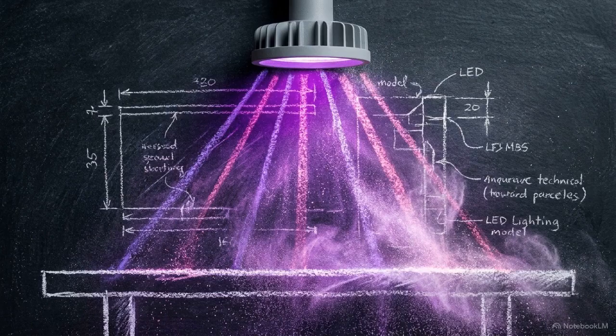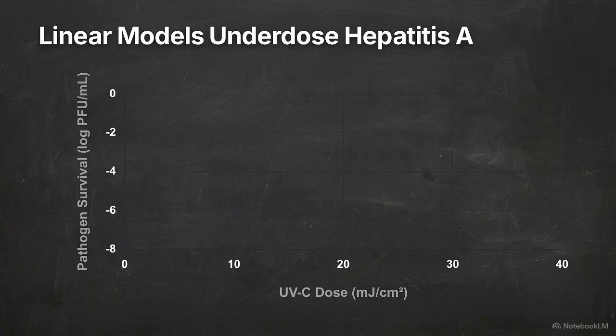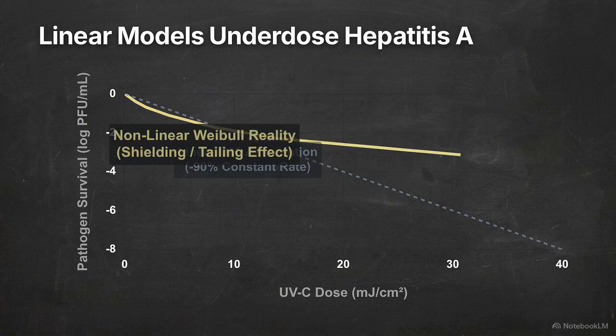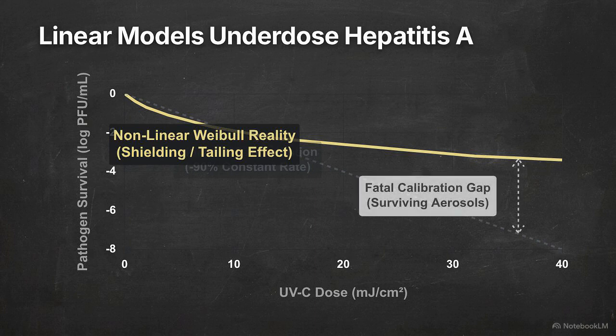To neutralize surface pathogens, safety engineers typically deploy ultraviolet C LED irradiation. A critical flaw plagues the calibration of these systems. Engineers rely on linear log reduction mathematics, specifically the D10 value, to calculate the required UVC dose. Neutralizing aerosolized hepatitis A requires a departure from linear calculations toward nonlinear Weibull modeling, paired with precise 279 nanometer UVC